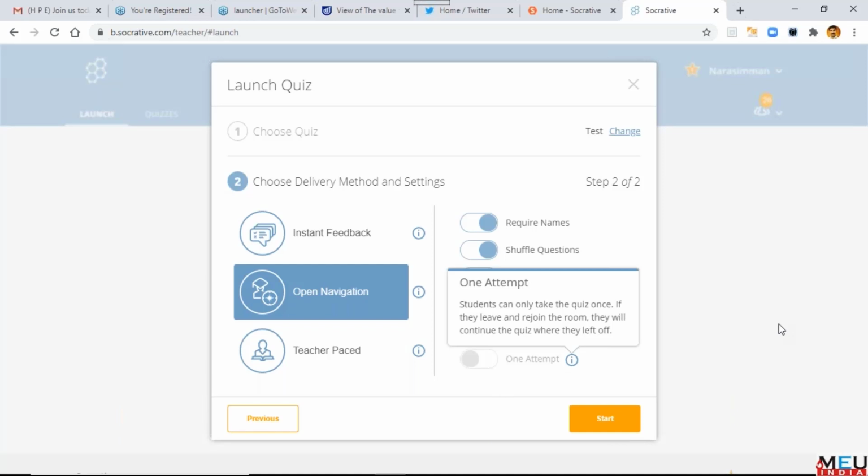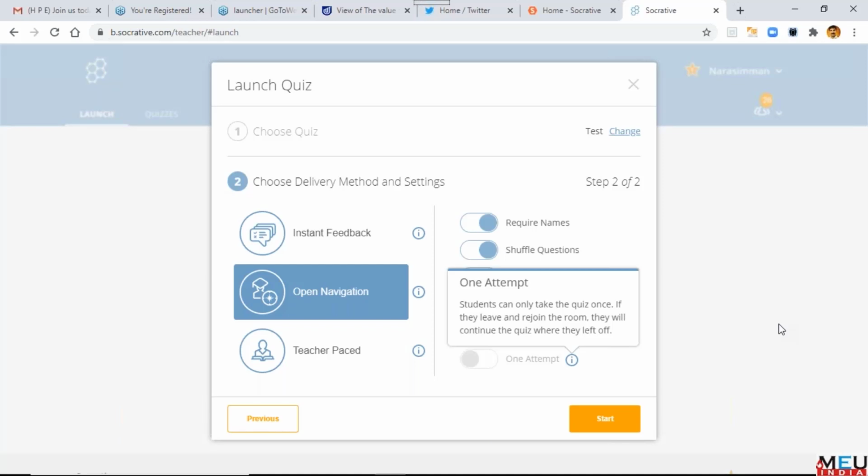Create a quiz whenever you are free. Like how you are creating a question bank, keep the questions ready in Socrative. You don't require anything else. Sometimes when I go somewhere and they ask me to give a guest lecture, I don't require any PowerPoints, especially for topics where I'm well versed.